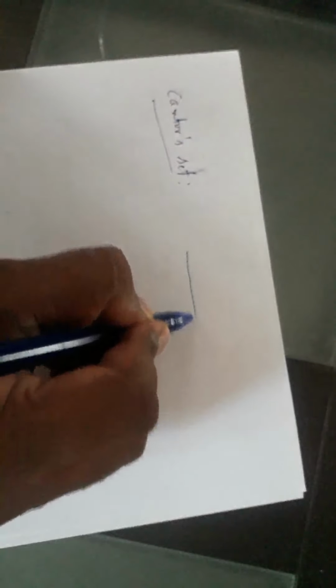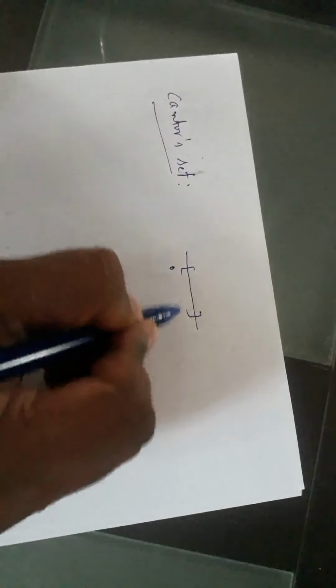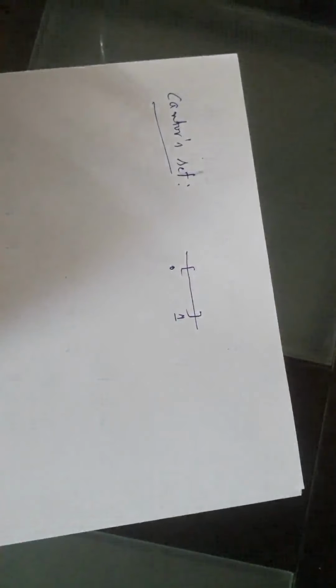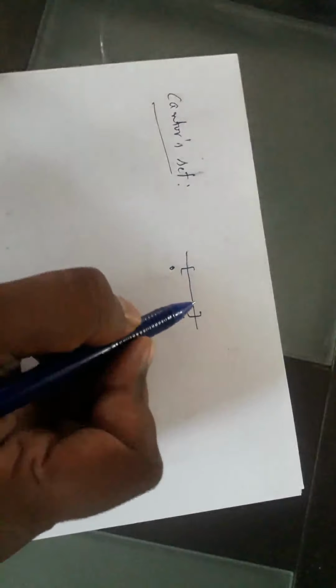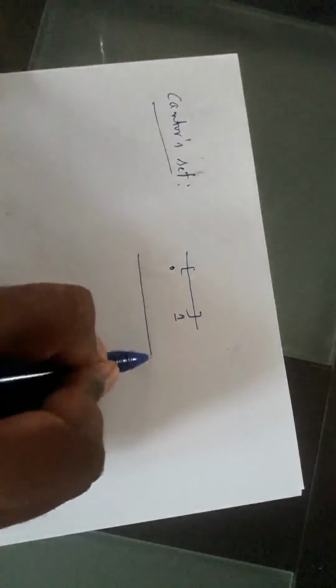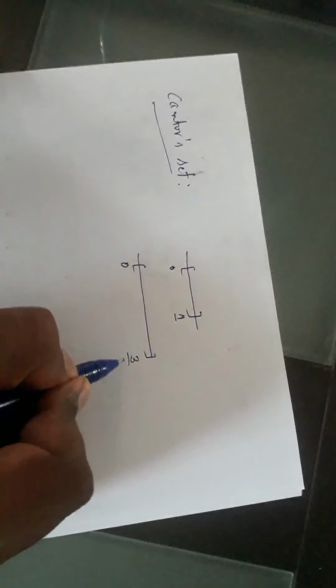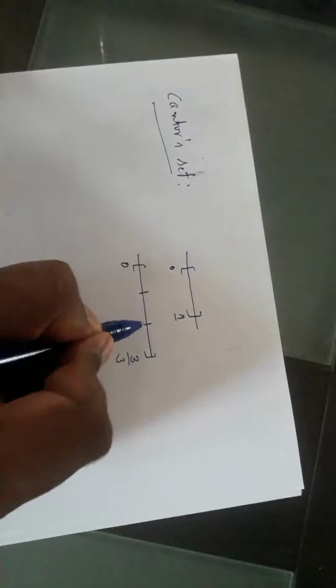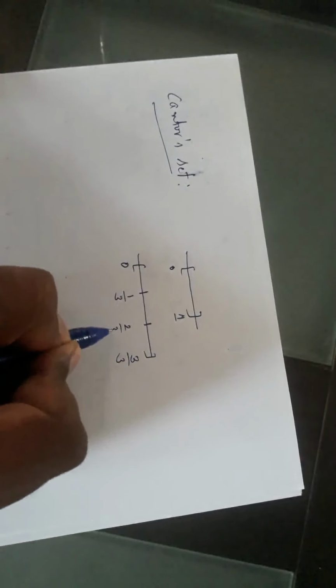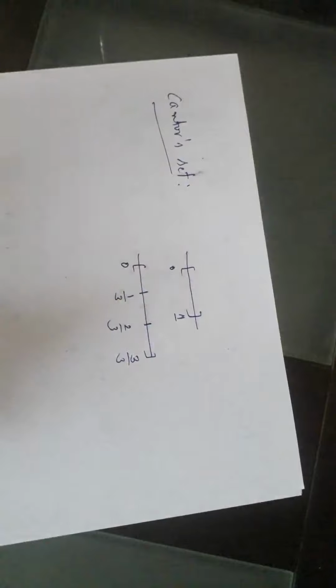The Cantor set. It's a Cantor set in the sense that you take an open interval (0, 1). The first idea is to divide that into 3 equal parts. How to divide them? 1 by 3, 2 by 3, 3 by 3, right? So 0, 1 by 3, 2 by 3, 3 by 3. So we divide them equally into 3 parts.